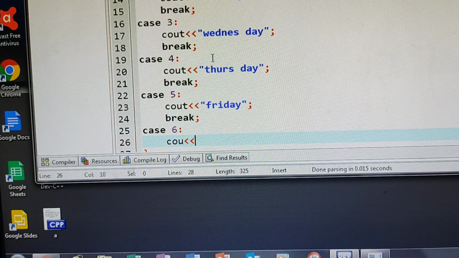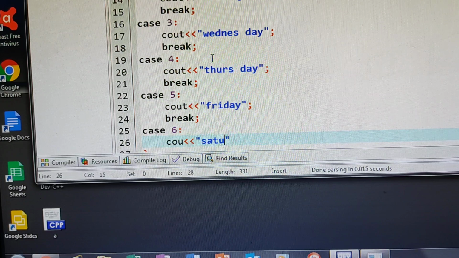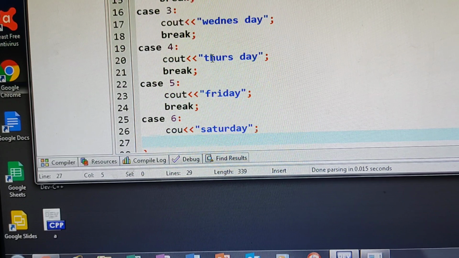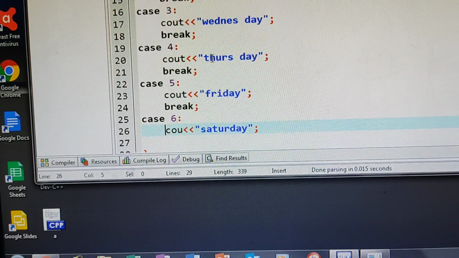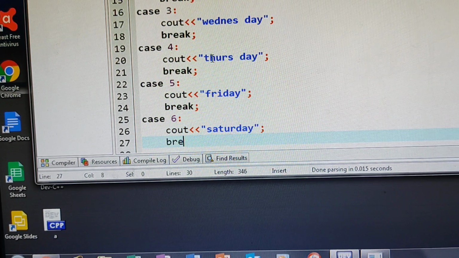Cout. I am giving Saturday. According to your requirement, you can change. Saturday. Now at the end you give the break.